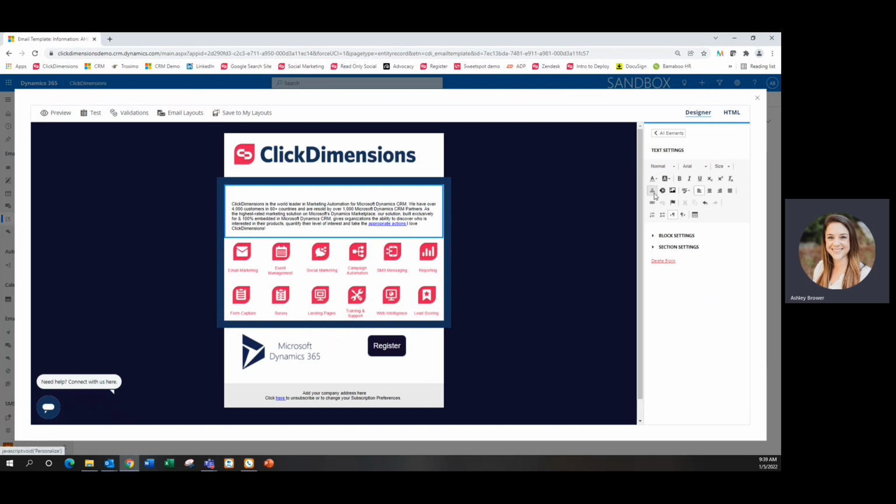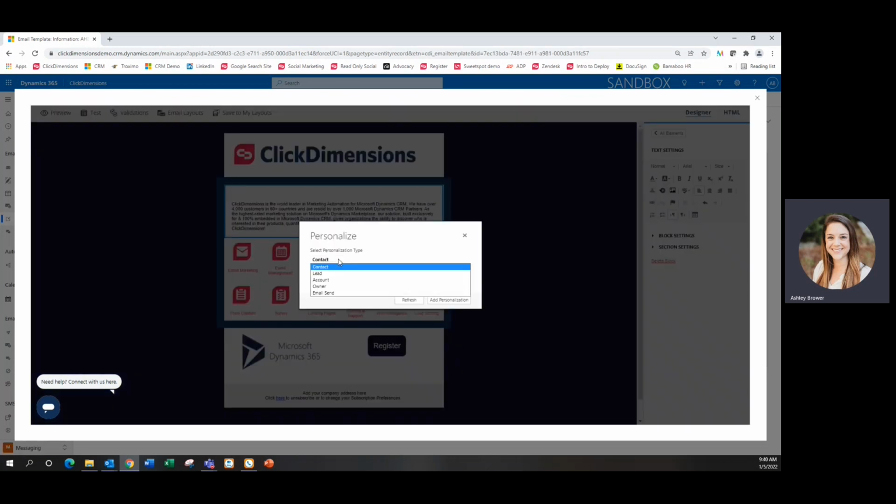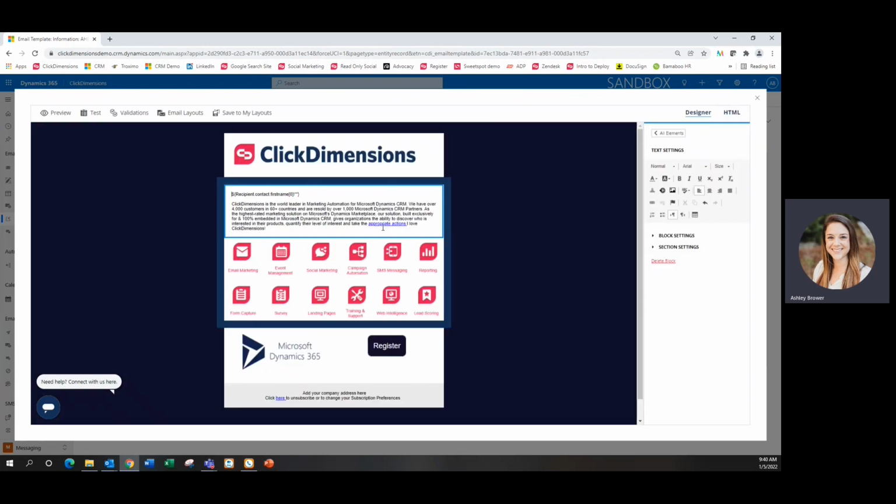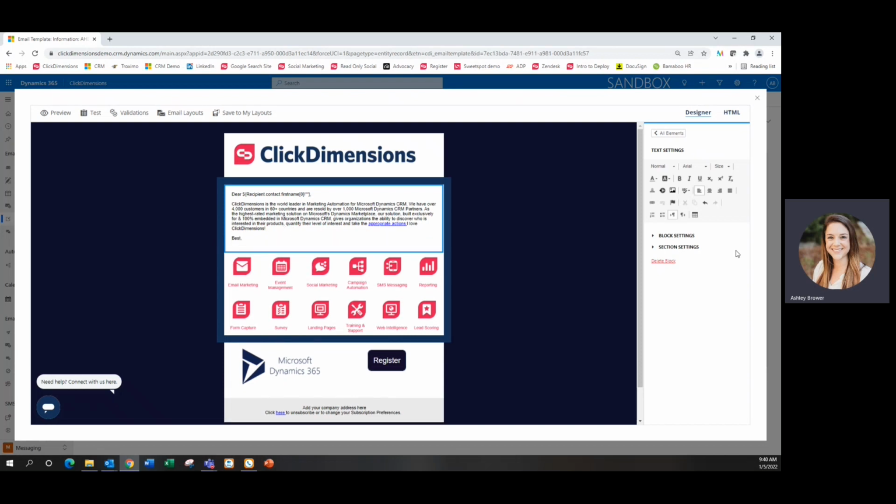So one of the first ways is to use data from your CRM system in order to personalize the fields that appear in an email. So I can actually pull in any field that is in the contact, lead, account, or owner entity. So these can also be customized fields as well. A very common example is something like a first name. So if I want to write dear first name,